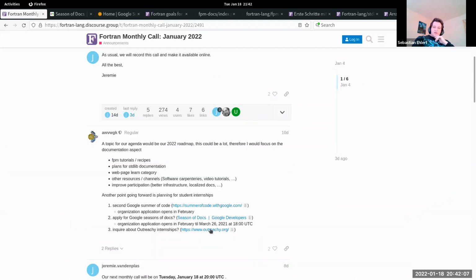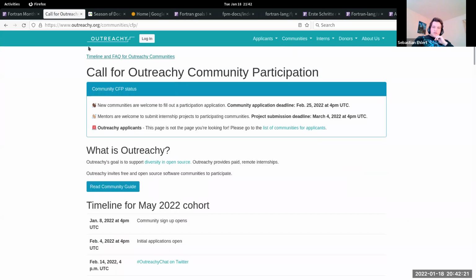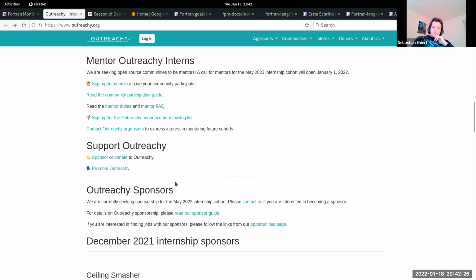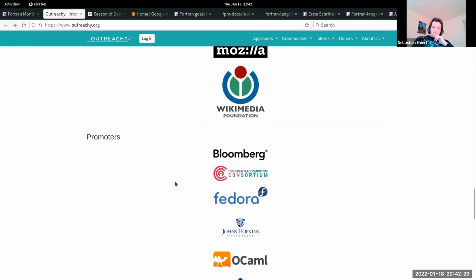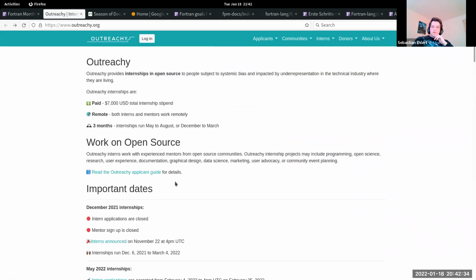And the other thing I linked was this Outreachy. I saw that conda-forge has contributed there. As far as I understood, you can't really apply for this, so I'm a bit unsure whether we actually have a chance for this program.